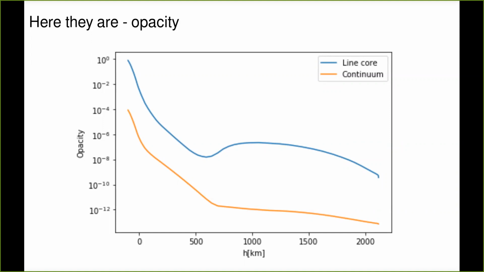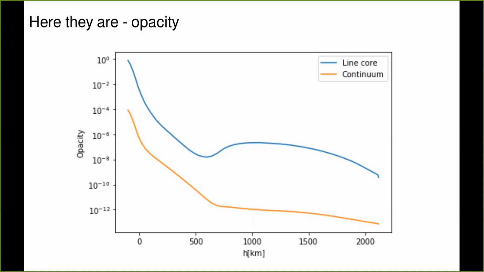The other thing is, let's look at the quantities. I apologize for not giving the quantities. These are centimeters to the -1. So the opacity of H alpha in the very depth in the atmosphere, in the core, is almost 1. So 1 per centimeter means that on average, the photons of this wavelength travel 1 centimeter before they are being absorbed. 1 centimeter. It's a super, super small quantity.